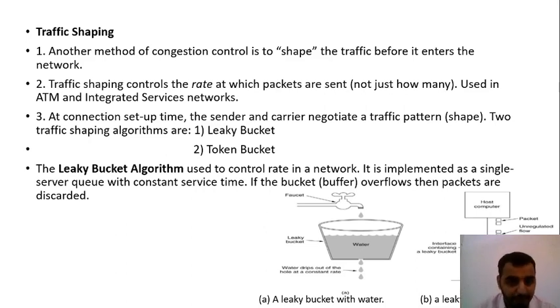He is shaping the traffic in such a way that only a limited number of people can come into the room to give the Viva. The examiner can call only 1 person at a time, 2 persons at a time, 3 persons at a time, or 4 persons at a time. But he cannot call all of the people at a time to take the Viva. This is what you call traffic shaping.